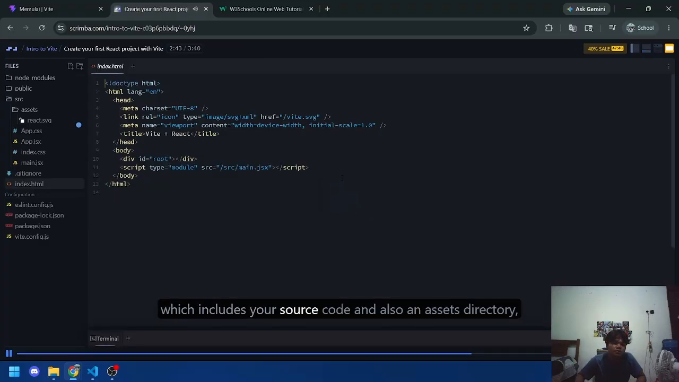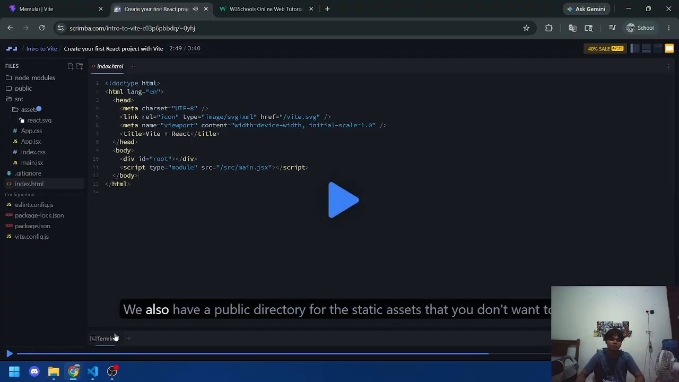Which includes your source code, and also an assets directory, which includes the static assets which you want to optimize. We also